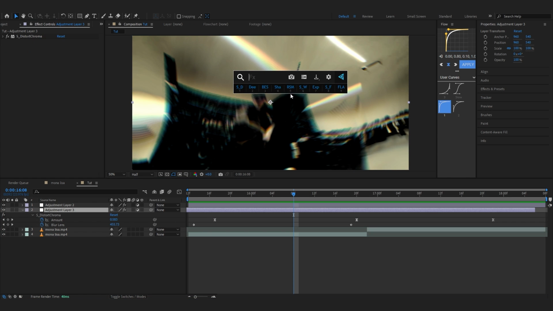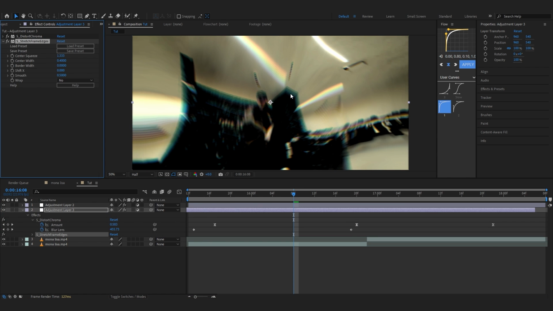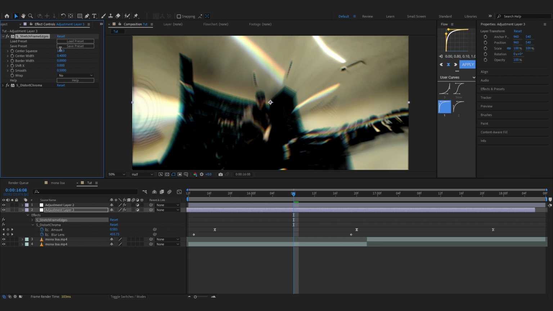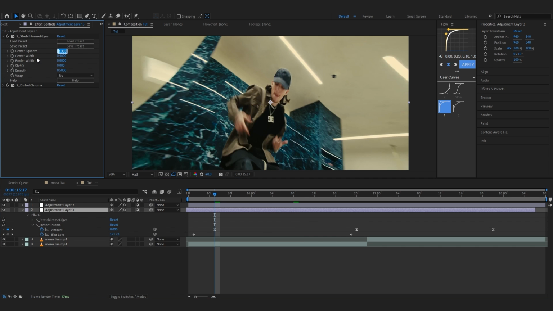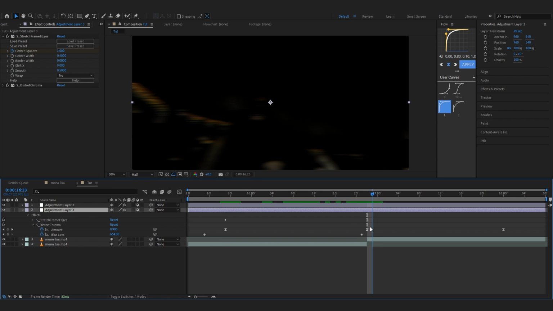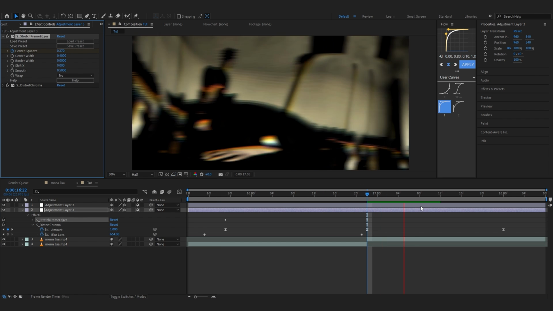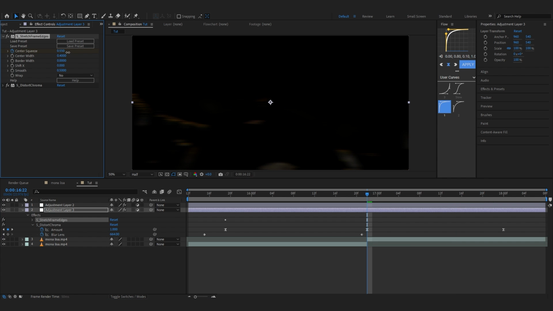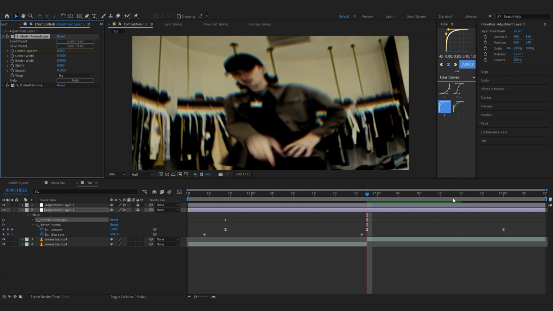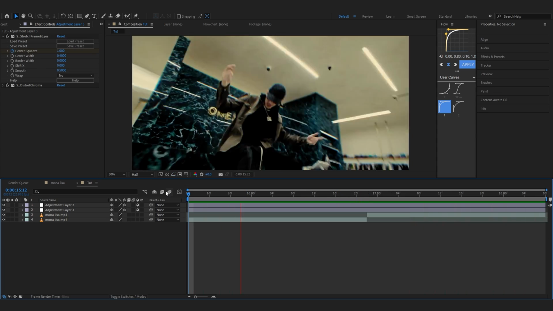Now to make the distortion even cooler, we will add a Sapphire distort frame edge and put it before our distort chroma, and at the first keyframe put the value to 1, so it's normal, and hit the stopwatch on it. Head over to your cut and lower the value to like 200. Maybe 200 is too much. Let's go with 0.500 and set it back to 1, maybe a little down on the value, and just ease those keyframes. And now our effect is done, so my final result looks something like this.